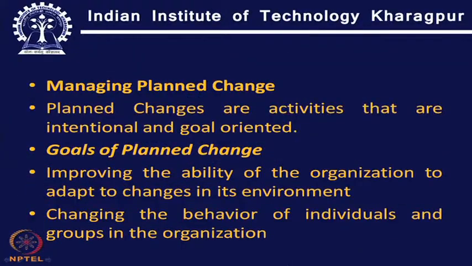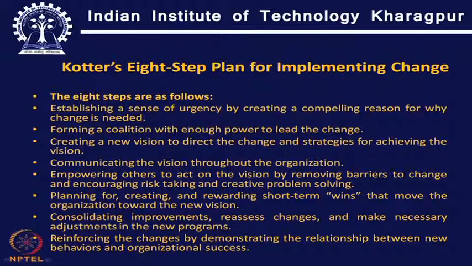Now, we have 8 steps given by Kotter for how to implement change in the organization. We will try to look into these 8 steps. The 8 steps are as follows: establishing a sense of urgency by creating a compelling reason for why the change is needed, forming a coalition with enough power to lead the change, creating a new vision to direct the change and strategies for achieving the vision,